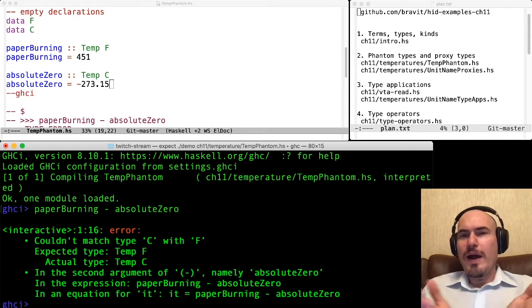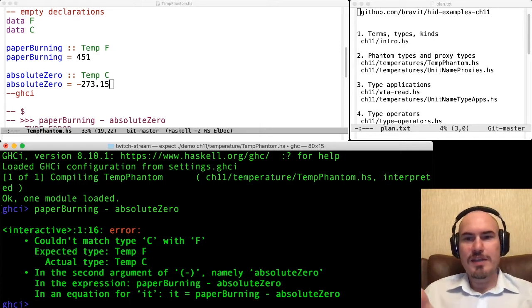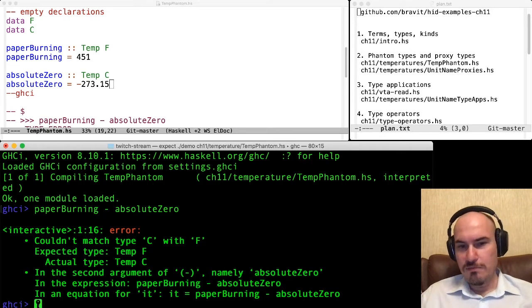So why do we use types here, this F and C? Well, we want to control our values. While both values are double numbers, we want them to be of different types. That's why we use these empty types here. So that's an error. It's impossible to do that.